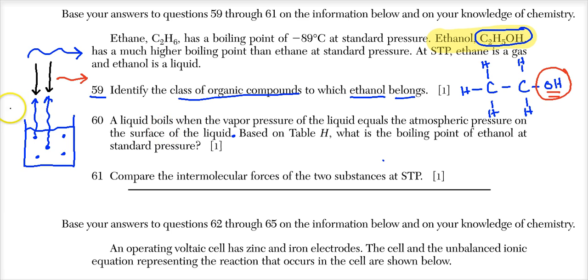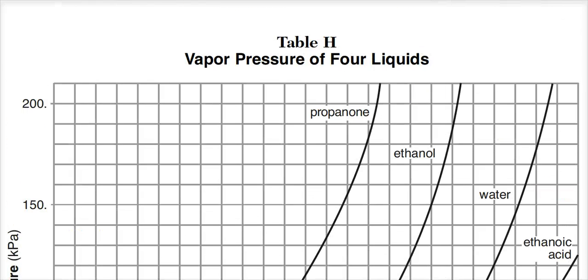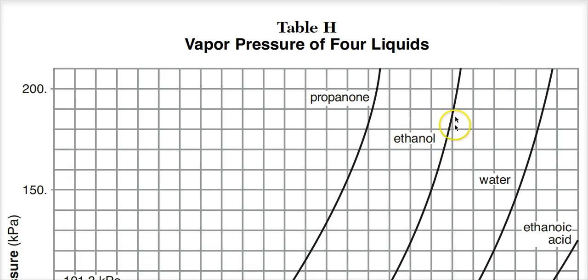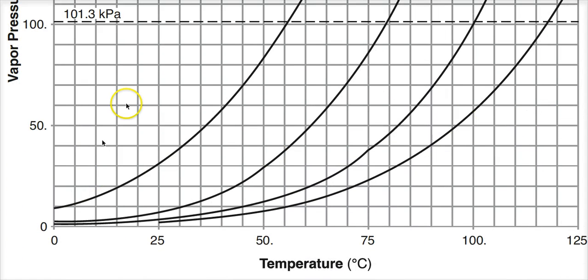But they told you that the vapor pressure has to match the atmospheric pressure. So they're giving that away, and then they're saying, what's the boiling point? In table H, they're also telling you where to look for ethanol. So let's go to table H and see at what temperature the vapor pressure of ethanol equals the standard pressure. So here is table H, and we need to know that ethanol is the second liquid, second line here, and we can see that the ethanol,